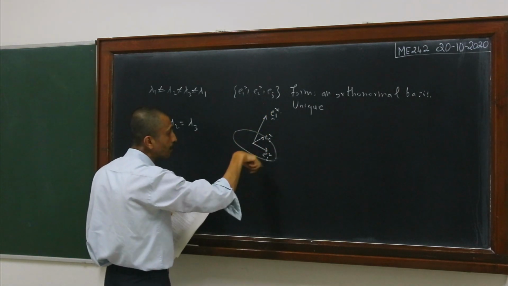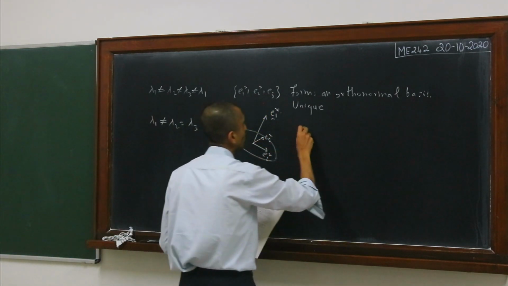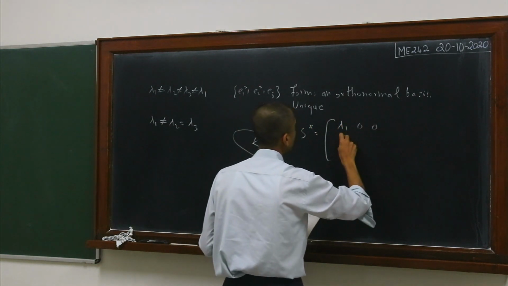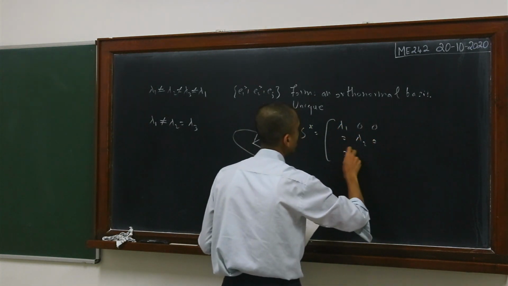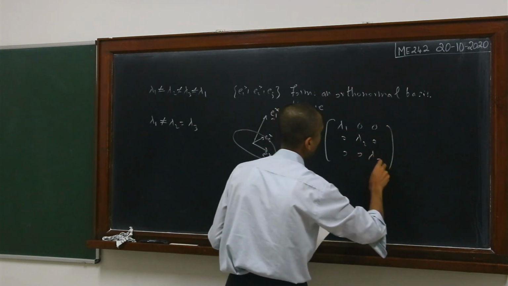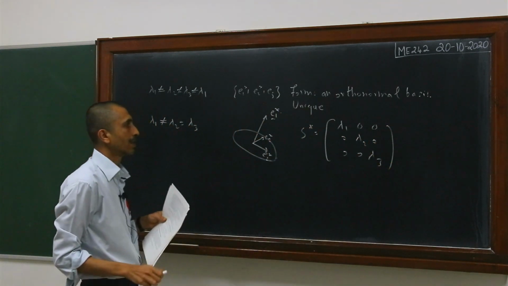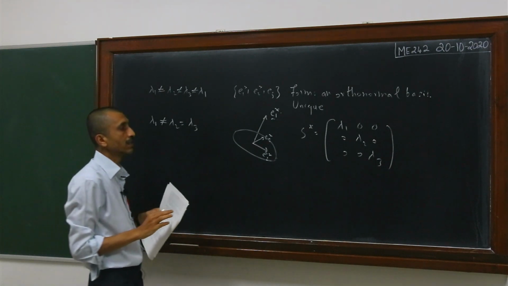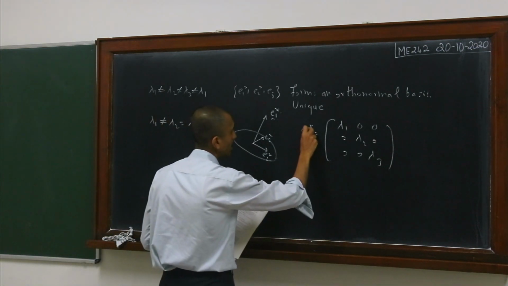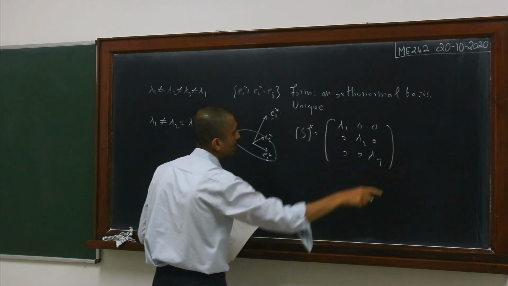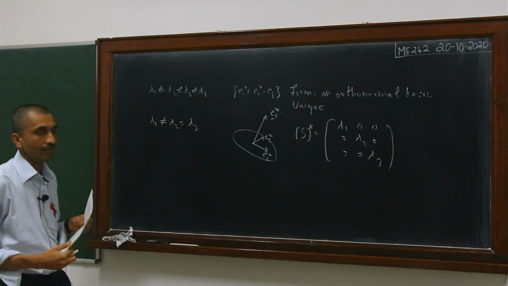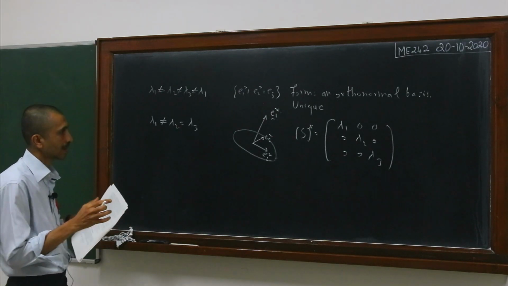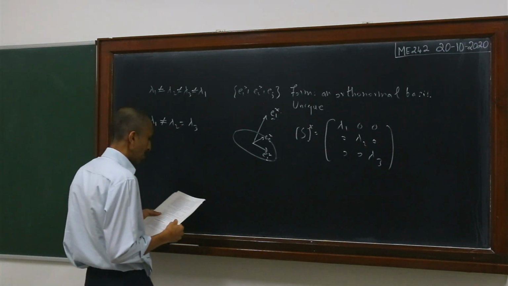So that in this particular basis, your matrix of components S star is lambda 1, 0, 0, 0, lambda 2, 0, 0, 0, lambda 3. Of course in this case lambda 3 is equal to lambda 2, but what is important is that you can always find an orthonormal basis such that the components of the tensor in that basis form a diagonal matrix with lambda 1, lambda 2, lambda 3 along the diagonal and 0 on the off diagonal terms.